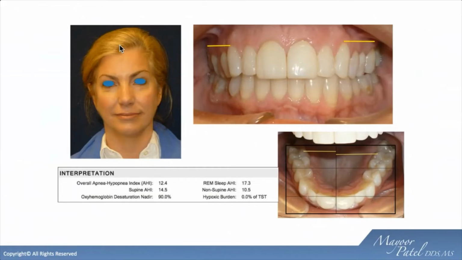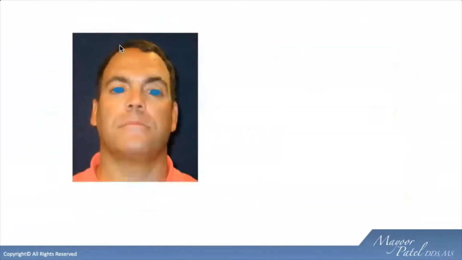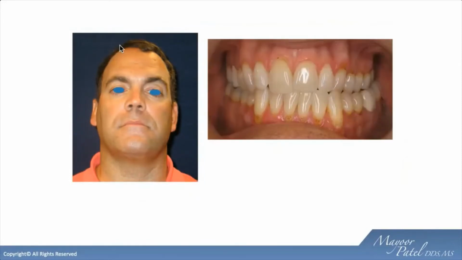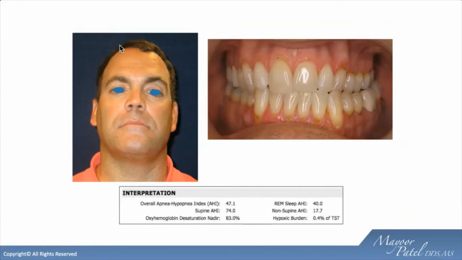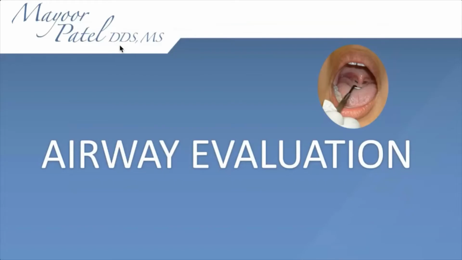What about this gentleman right here? If you look at his left eye, it looks a little bit more inferior than his right. We look inside his mouth, left side has a crossbite. Right? You get this gentleman tested and diagnosed. He classifies himself as severe sleep apnea. So there again, purely not based on symptoms, just craniofacial deficiencies leading us to getting them diagnosed and getting an understanding of what they may have. So our evaluation extraorally can also give us some value as far as what we might see intraorally.